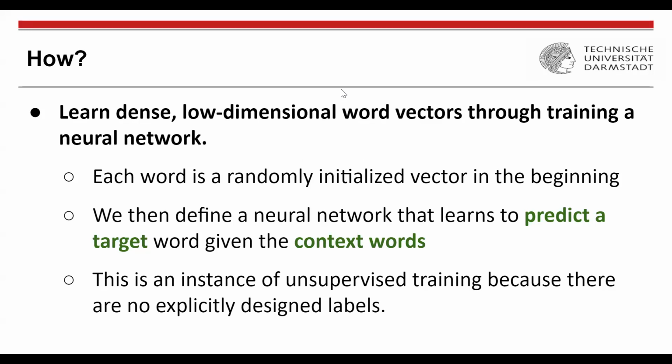Okay, interesting. So word2vec is basically a technique of taking a word and then learning a 300 dimensional representation for that particular word. And how is it done? Initially, every word is randomly initialized with a vector. And then you define a neural network, and the task of that neural network is to take a word and then predict the other words that are in the context of that particular target word.